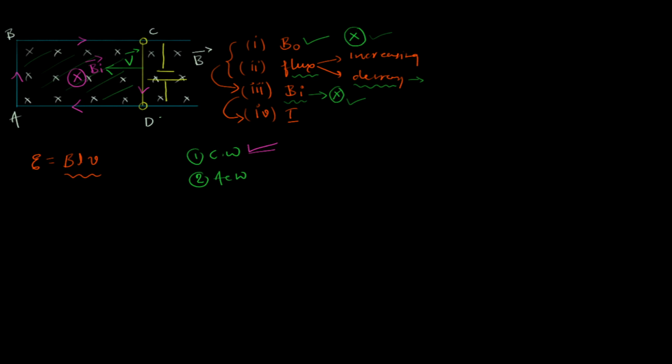with D at higher potential, and C at lower potential. Delhi is at higher potential, and C for Chennai is at lower potential, right? This is the negative side and this is the positive side. If you remove this CD and put instead a battery like this, with this being the negative end and the longer one being the positive end, then the current will be in the same direction as these purple arrows are indicating along ABCD, right? So that's how you identify the direction of EMF,